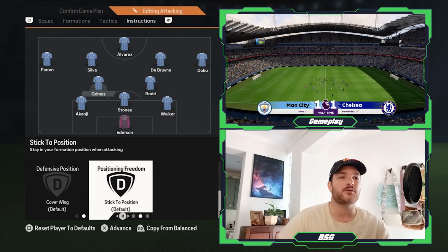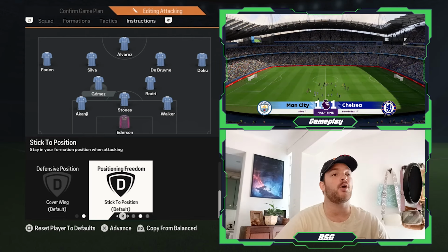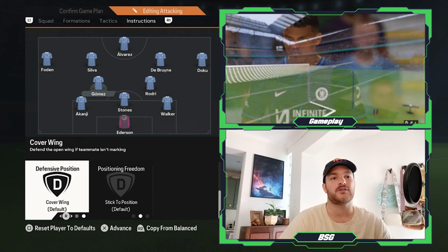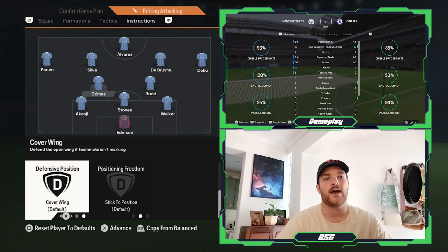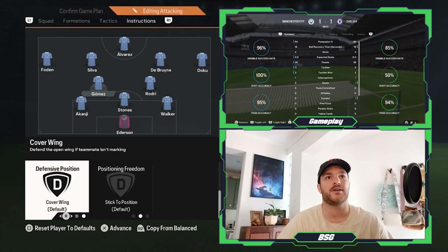As for the positioning freedom, it is set to stick to position. You don't really want him being the deep line playmaker or drifting wide and opening and exploiting the space as that shield. And then finally, the defensive positioning is set to cover the wing. Now this will help him more or less naturally drift into that more natural left back role that he was in at the time, and more so, I think it also allows you to cover the left hand side a